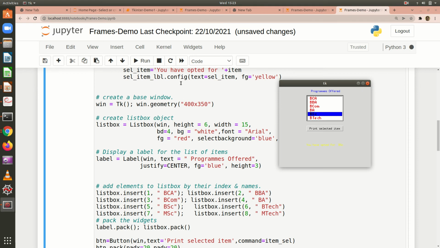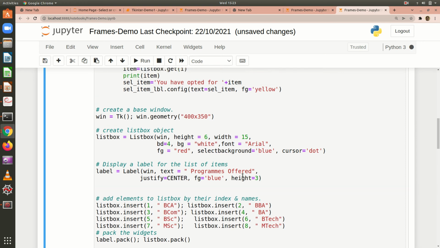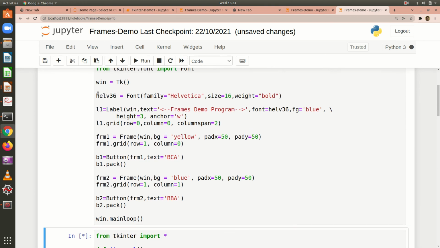listbox .config function. And I think if you want, I can change the size of it.